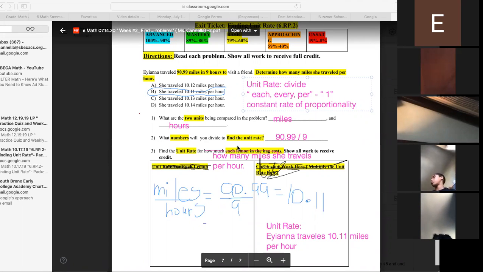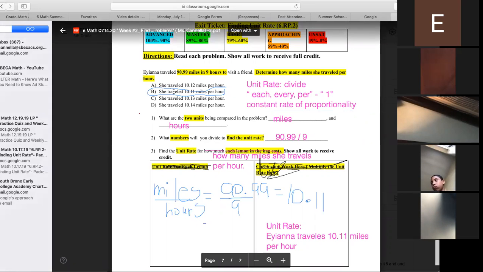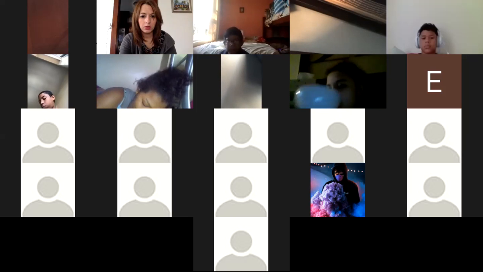Does anyone have any questions about this exit ticket? Because you all should pick 10.11 when I post it now. Questions, comments, concerns before I go back to the main screen and hit record? No, but I need to see the answer. Okay, I put Iana travels 10.11 miles per hour, which is choice B, Leilani. Can I take this away now? Yes. Okay. Now, what I'm going to do